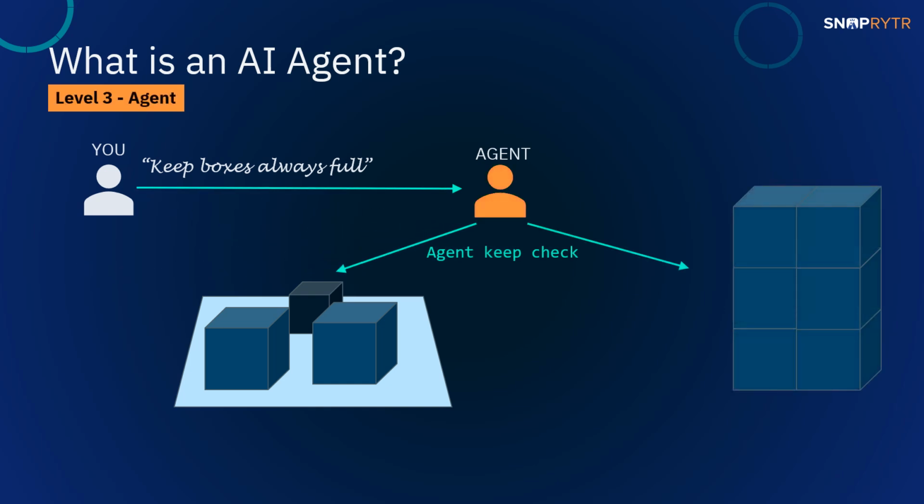So the new person is now able to keep check of both these 3 boxes and the warehouse, and it will make sure that there are only 3 boxes here. There are always 3 boxes here, and if there is none here, it will keep waiting. So it will continue